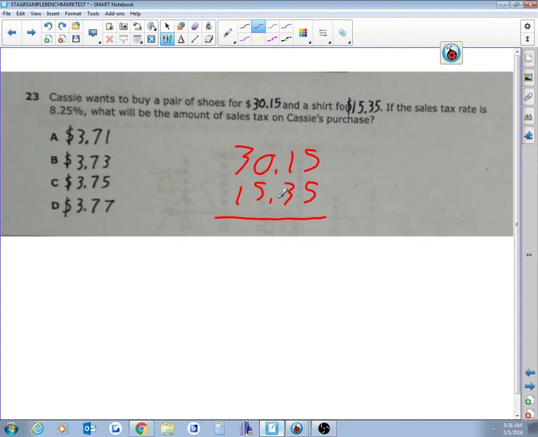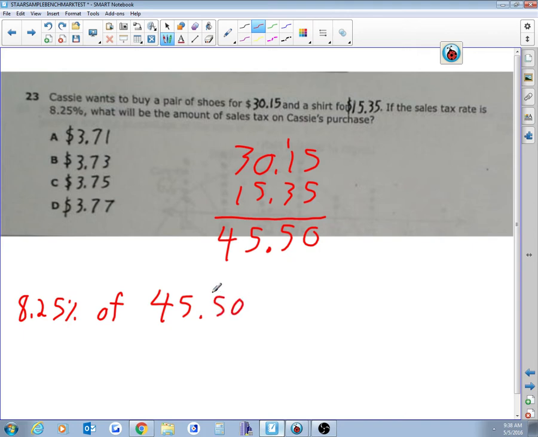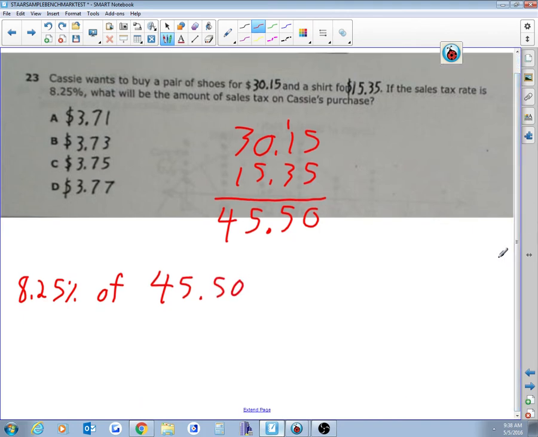So first off, we look for the total. So 5 plus 5 is 10. Carry the 1. 3 plus 1 plus 1 is 5. 5 plus 0 is 5. 3 plus 1 is 4. So $45.50 would be the total before tax. So we're trying to find 8.25% of 45.50. Now, of means multiply, and to turn this into a decimal, we're going to move it 2 times